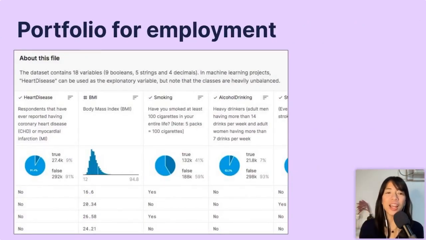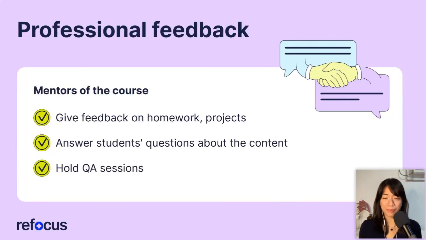Now, I did mention that you get to use some of the projects that you work on within the course as part of your portfolio. So this is just a quick example of one of the projects within the course, wherein you are required to create an SQL query on the different activities that lead to a person's heart disease. And you have to show your graphs and your results in such a manner. If you're worried about, "I don't understand what's going on," then don't worry, because we do teach you the basics of all these programs.